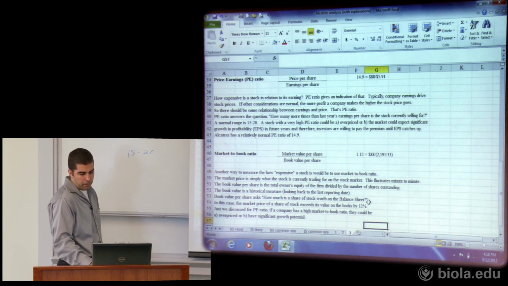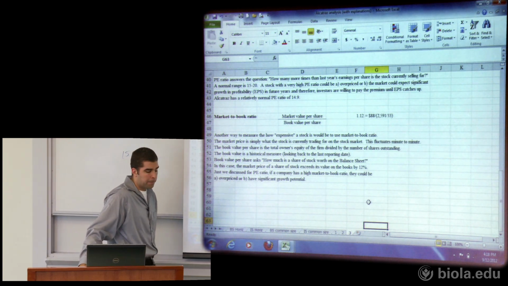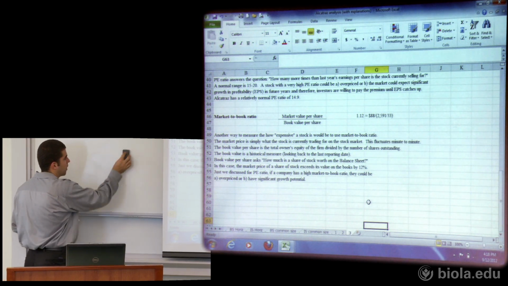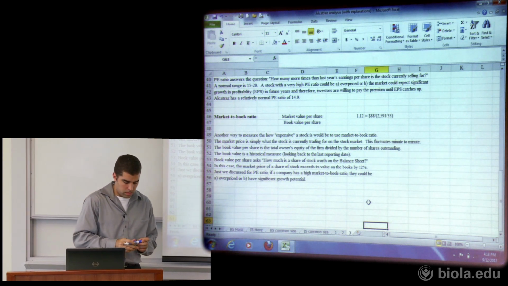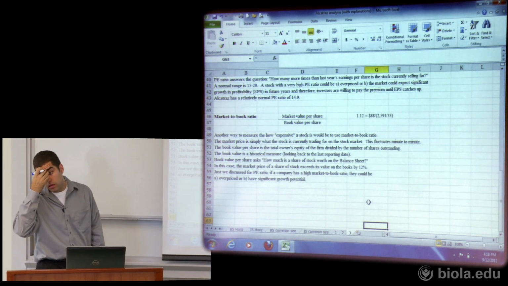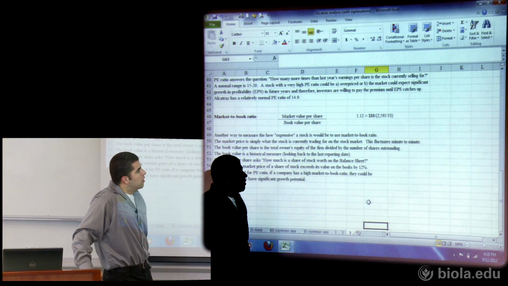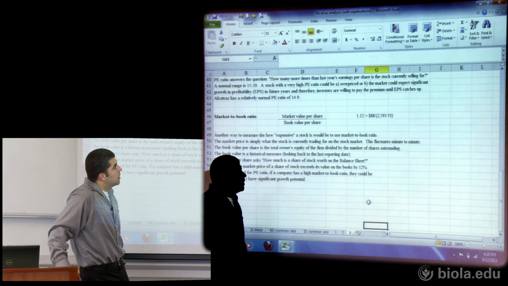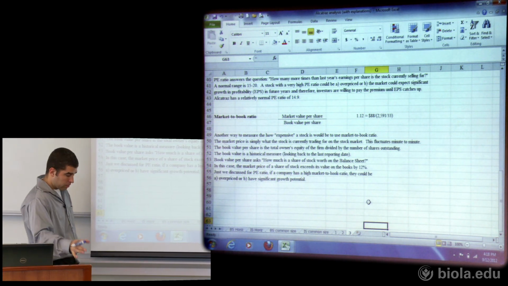Market to book ratio. So the market value was given at $88 per share. To calculate book value, we took the total equity divided by number of shares outstanding. So that was 2,591 million divided by 33 million. And so we got 1.12, which means that the market value exceeds book value by 12%. So that either means it's overpriced or it has significant